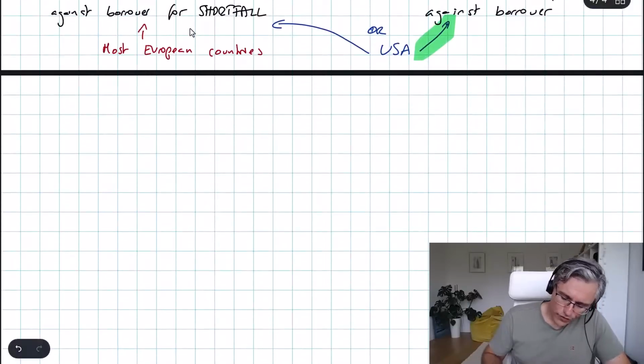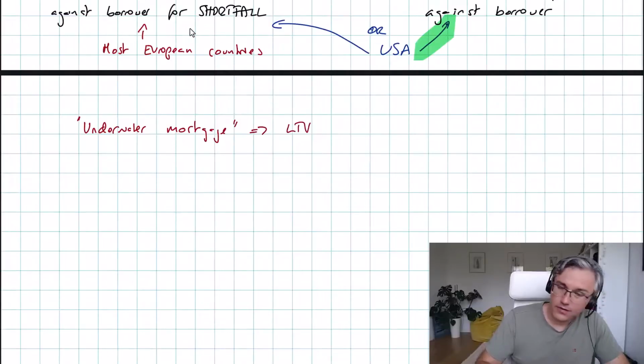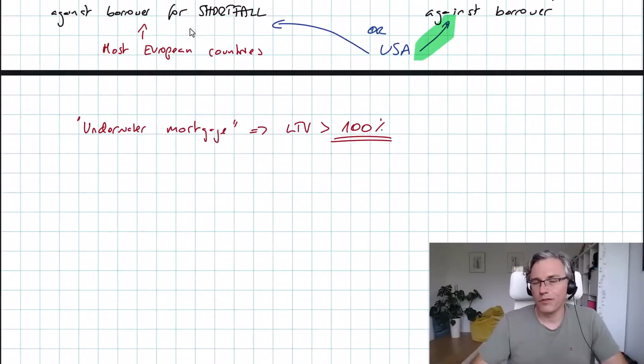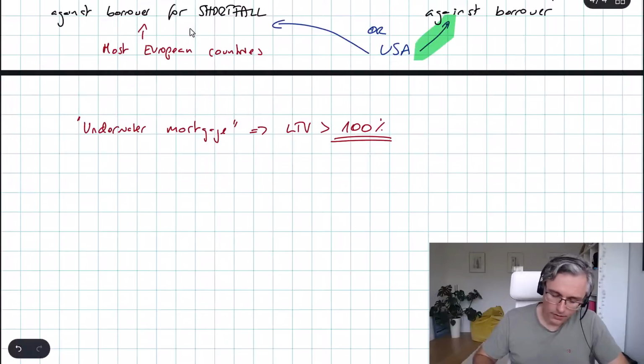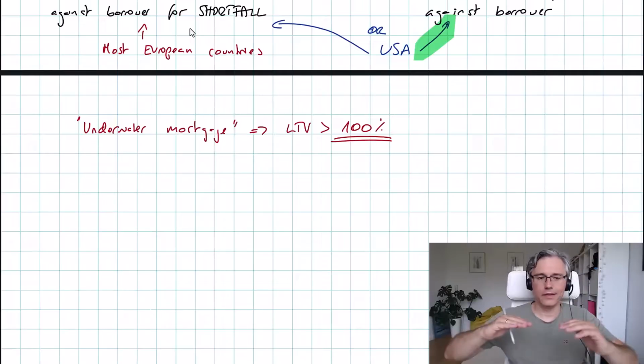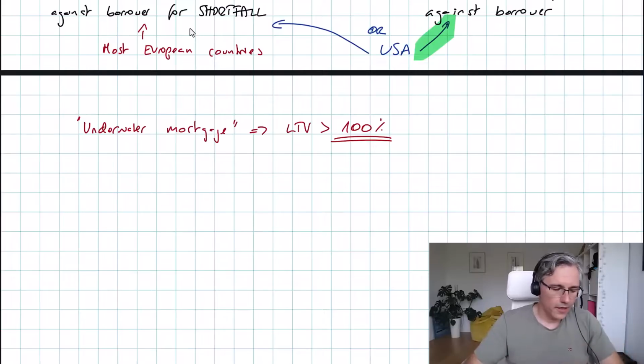And a term which I briefly introduced before, so-called underwater mortgages. So those loans where the LTV, the loan to value, is actually higher than 100%, typically due to a big drop in the value of the property subsequent to the loan having been made, and typically the initial LTV was high anyway, and the value of the property acting as collateral has dropped. What happens if you've got an underwater mortgage?